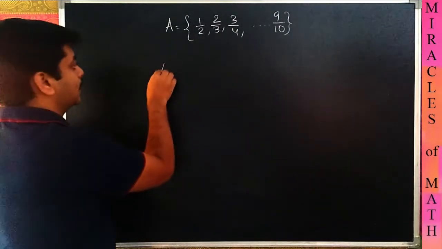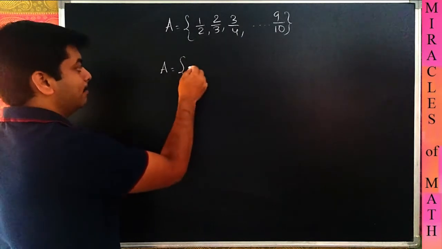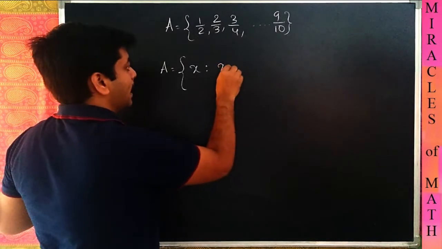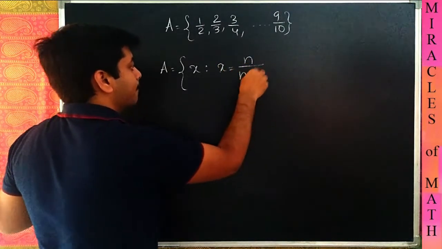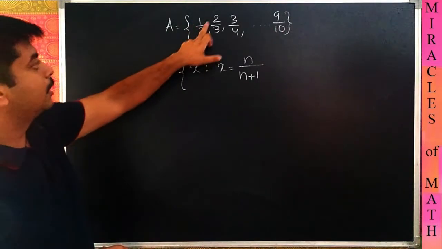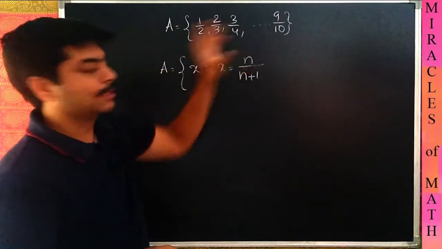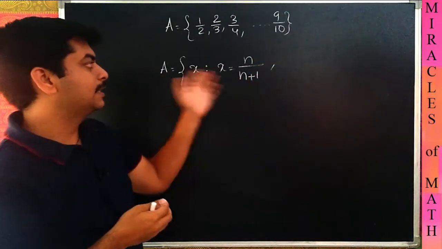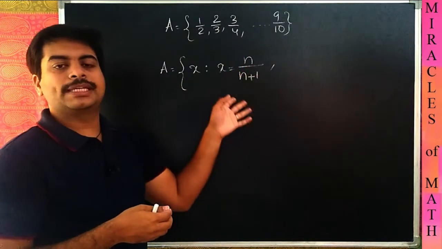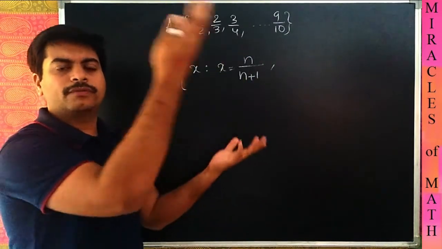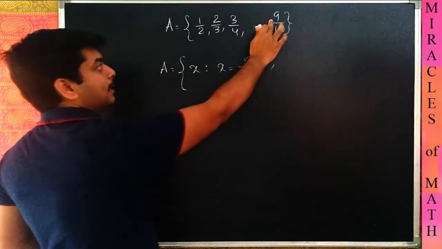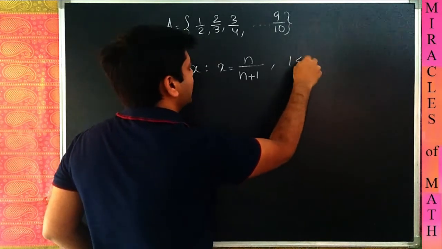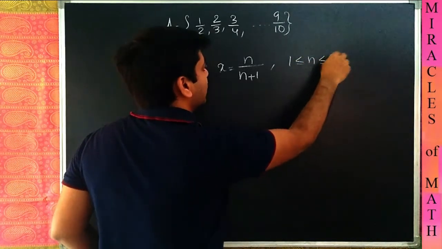So the set builder form can be written as the set of all numbers x such that x is of the form n by n plus 1. Correct. 1 by 1 plus 1, 2 by 2 plus 1, 3 by 3 plus 1, 9 by 9 plus 1. Till how far should you go in this way? If you're not keeping any limits, it will go to infinite by infinite plus 1, 10,000 by 10,001, 1 lakh by 1 lakh plus 1. It goes on forever. So you need to stop it at 9, where n is greater than or equal to 1 and less than or equal to 9. So you can write like this.